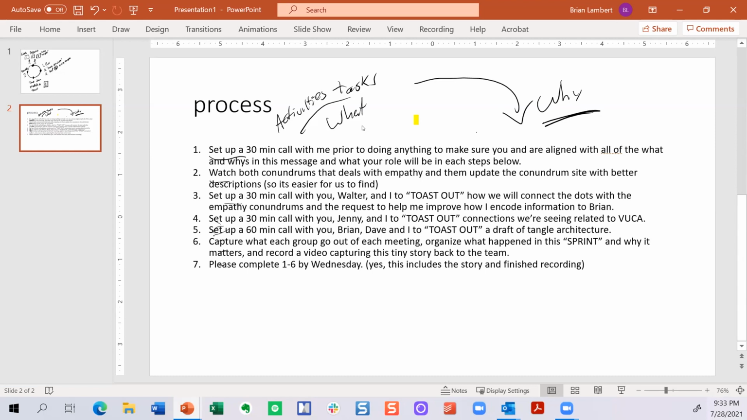So first there was this aligned piece, right? The whys in the message and what your role is. So that's one thing. Then watch both, and so on. And then update the conundrum site with better descriptions. So there's some value add here that he's looking at. We'll connect the dots between those empathy conundrums and the request to help me improve how I encode information to Brian,